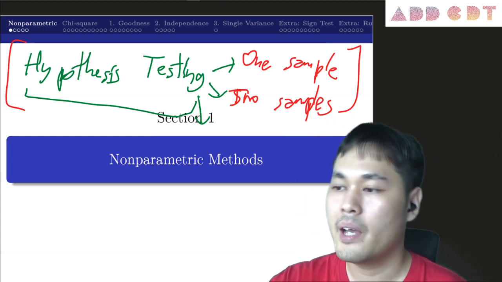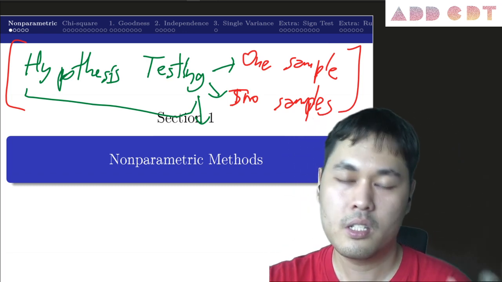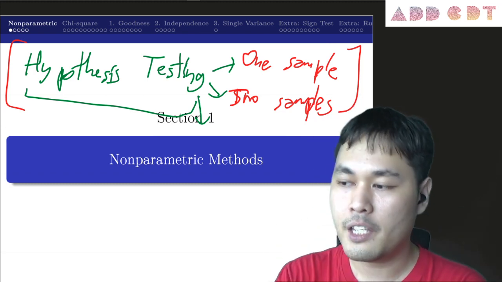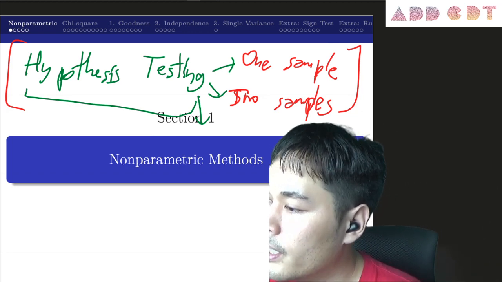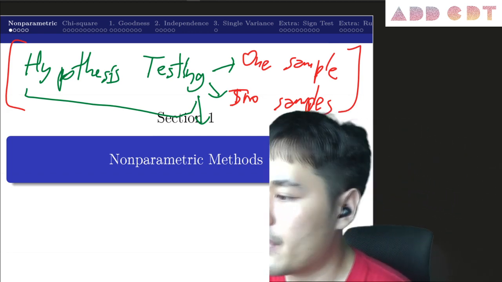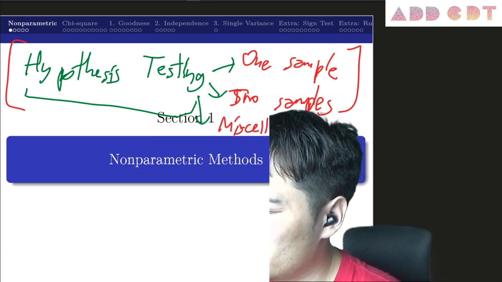You have some hypothesis, you believe in something, and you want to conduct an experiment, in this case a statistical experiment, where you collect samples and see if what you believed at first holds true. The first one had one sample, the second one had two samples, and the last one is kind of, let's just say,